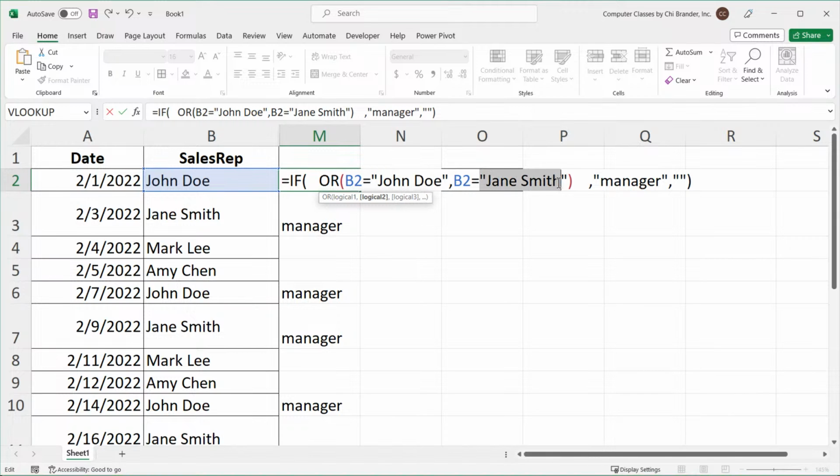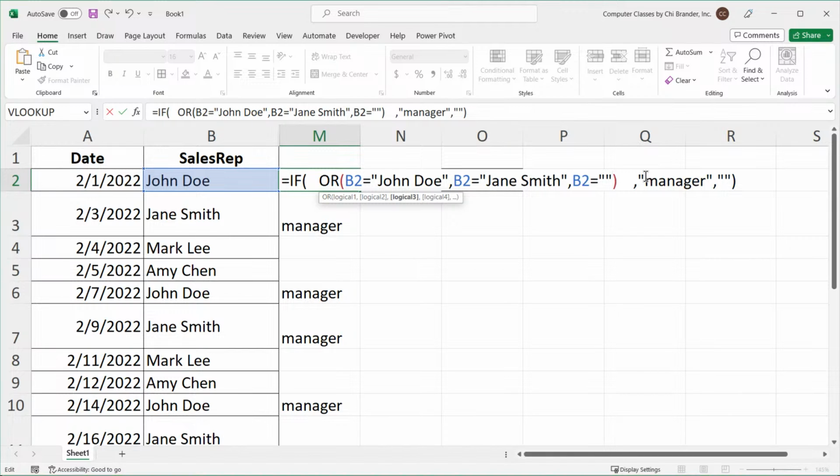And Jane Smith, the same thing, text. So if both, well, not both. With an OR statement, you're saying if at least one of these is true, then give me true. So if this is true, or this is true, or maybe you have more, you can do a comma here and add more and say B2 equals some third value, like